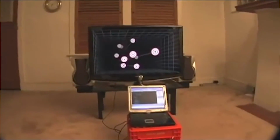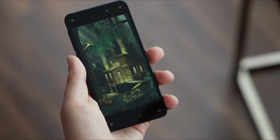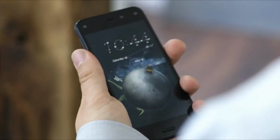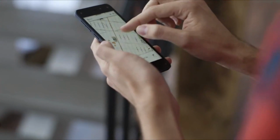So they're using these 6 cameras on the phone to basically have nonstop tracking of where your face is, and you'll be able to have a different dynamic effect, kind of what we saw on iOS 7, I believe. I think it was iOS 7 with the parallax feature. So however you rotate your phone, you'll be able to see kind of behind the icons. Well, this is kind of the reverse, where you can basically move your head and it's going to give you this kind of 3D feature, basically exactly like in the video that's in the